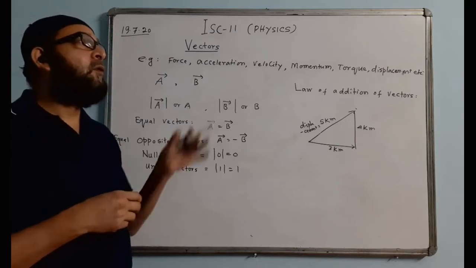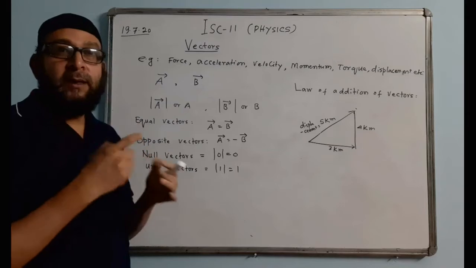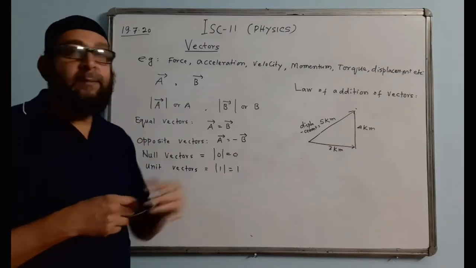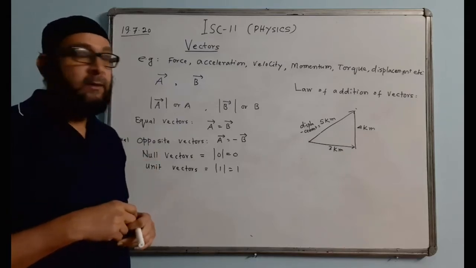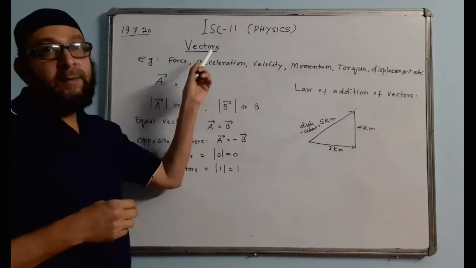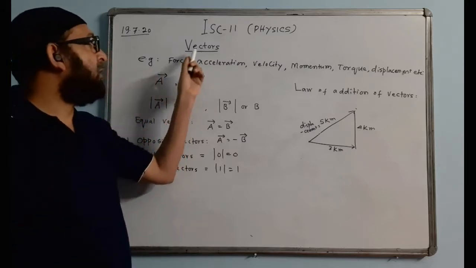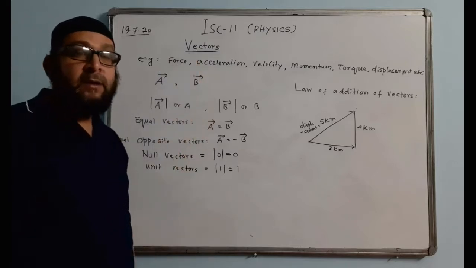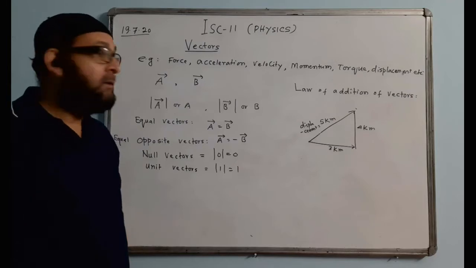I say the force of 50 Newton is acting. So 50 Newton is the value of magnitude. I say a body is displaced through 5 meters. So 5 meters is the value of the magnitude of displacement. That is the meaning of magnitude. Magnitude is the size or the amount or the numerical value associated with a physical quantity. So what are vectors? Vectors are those physical quantities which have both magnitude and direction.